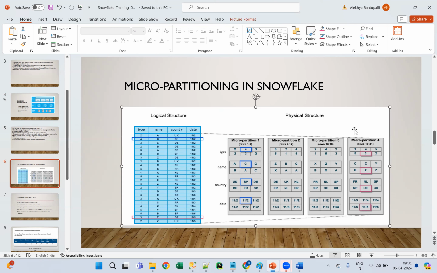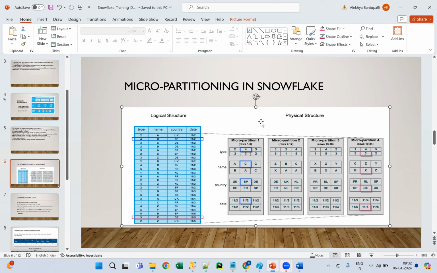Let's see what is the use of these micro partitions and why it is creating the data into micro partitions before loading the data into tables. Whenever you are getting the data into tables, in the back end these things will happen. We won't be able to see it, guys, but in the back end it will happen. Snowflake itself handles it.